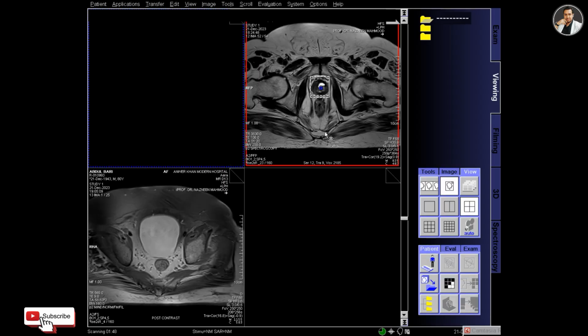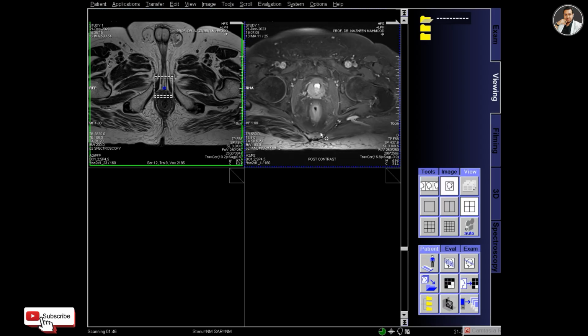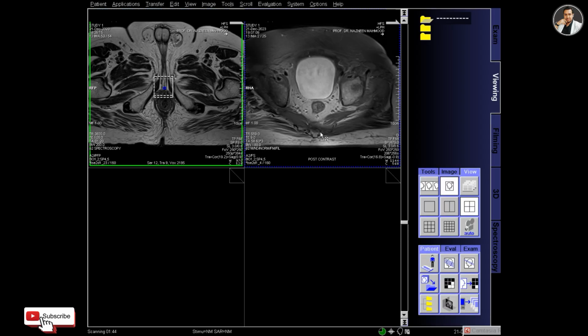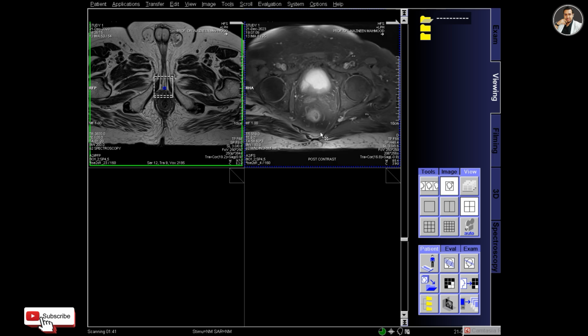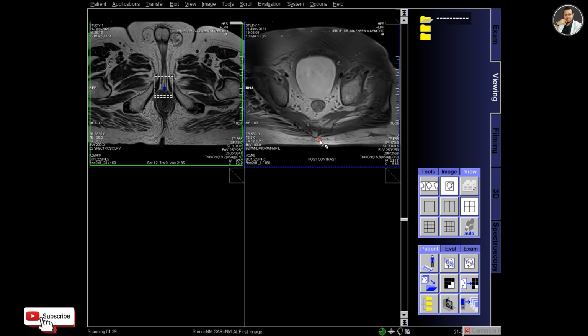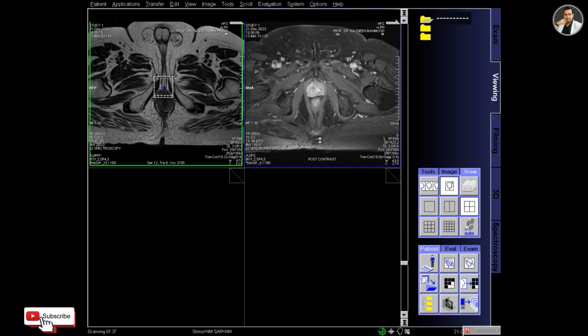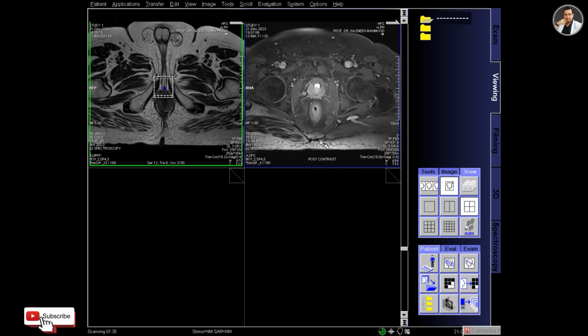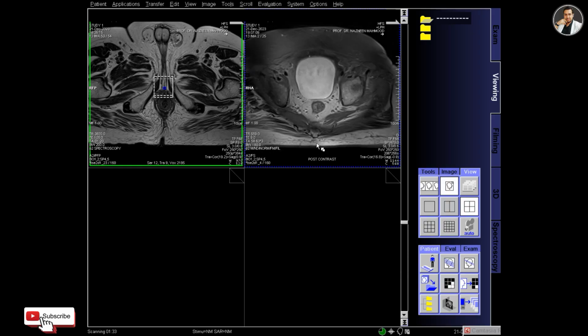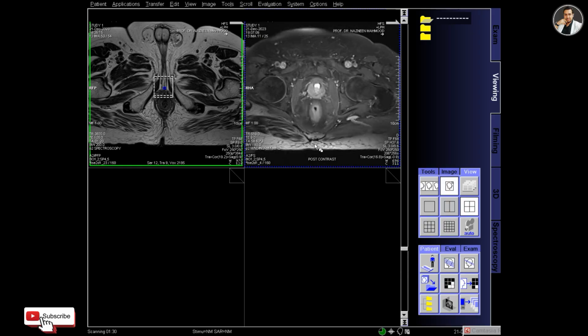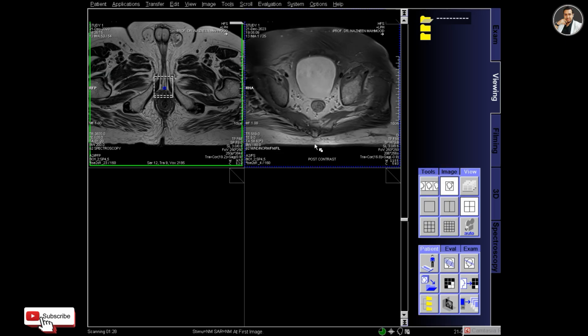So you have to take the dynamic post contrast for multiparametric prostate. So this is the T1 fat set transverse post contrast that I am scrolling. You can see that inside the prostate there is some lesion that is hyperintense, enhanced with the contrast.